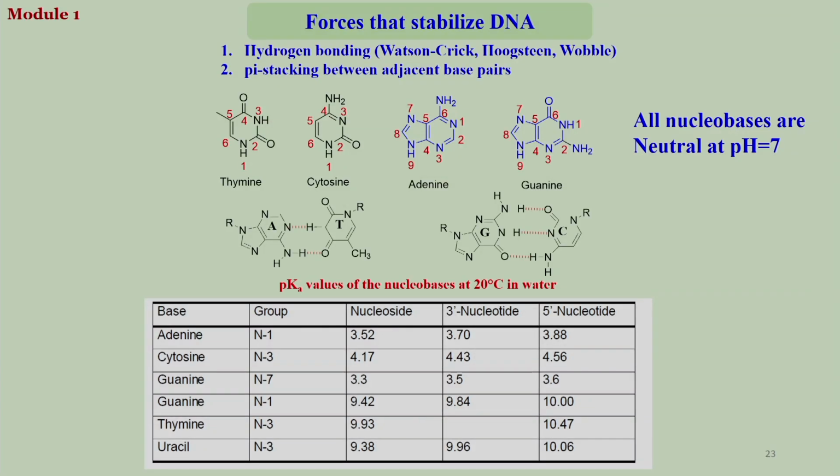Today is the third lecture, and we are discussing the structure of DNA and how chemistry plays a role in determining its specific structure, which in this case is the B form of DNA. Earlier we saw the orientation of the nucleobases: the pyrimidine nucleobases, thymine and cytosine, and the purine nucleobases, adenine and guanine, and which form they exist in. I have given the full chart of the pKa values